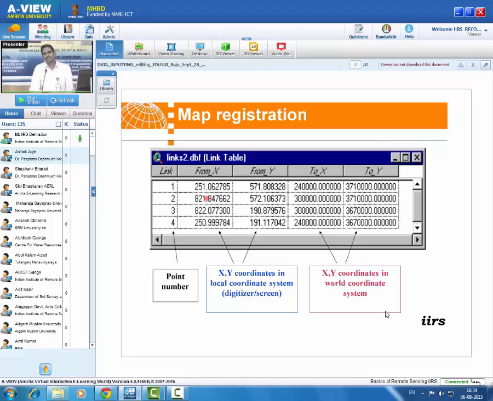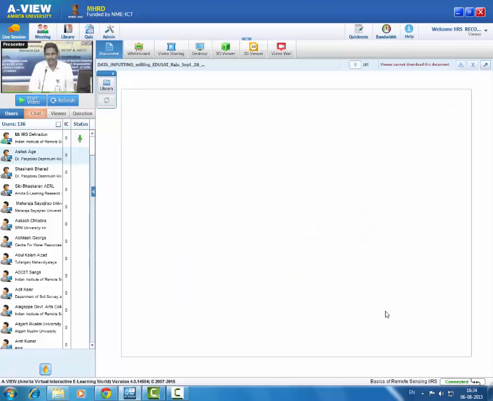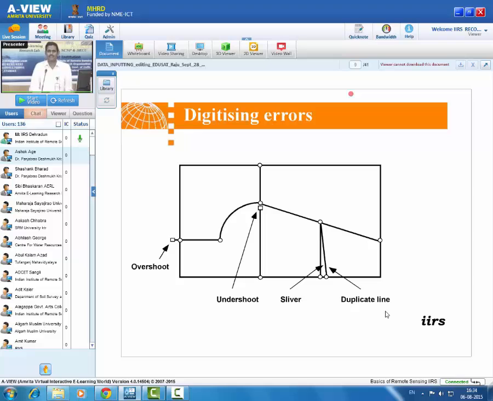And then when you put it into the digitizing tablet, it has its own coordinates, but those coordinates again we can convert into a world coordinate system, according to the location you are giving, what are the coordinates for each point. So converting basically from the digitizing tablet value into a map coordinate system. So once you have digitized,